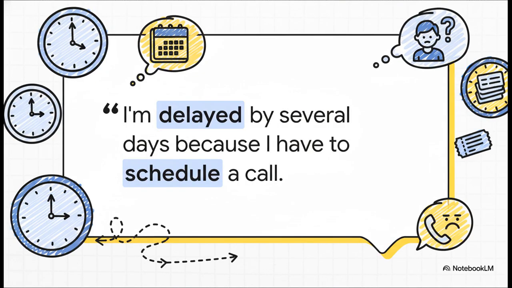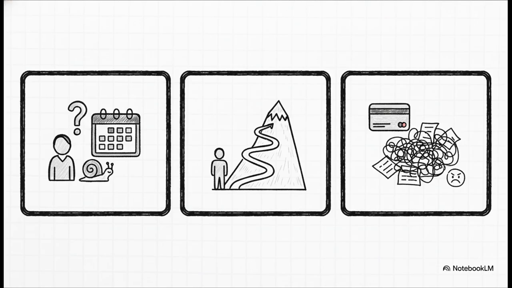When we dig through peer reviews, the most consistent bit of constructive feedback is about customer support. This quote right here really hits the nail on the head. The main pain point is a support model that relies on submitting tickets and scheduling calls. For teams that need an answer right now, this can cause some serious delays. So let's break down the 3 main trade-offs you need to consider.